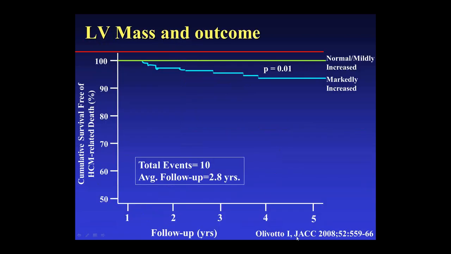We know from prior studies, this is a study published about 5 years ago, that just measuring the absolute size or weight of the heart, the left ventricular mass, is associated with predicting outcomes. So in this particular study, those patients with markedly increased weight of the heart, or LV mass, had worse outcomes over 5-year follow-up than patients with normal or only mildly increased mass. And as you may or may not know, cardiac MR is the most accurate way of measuring the mass of the heart. So that's another measure that we'll be making with this study.